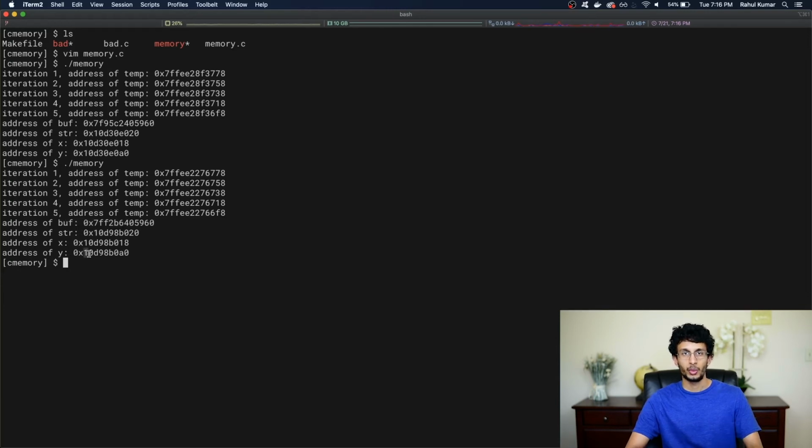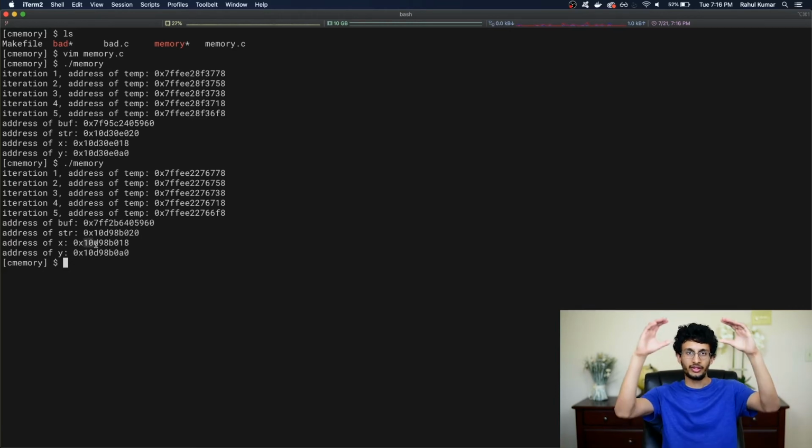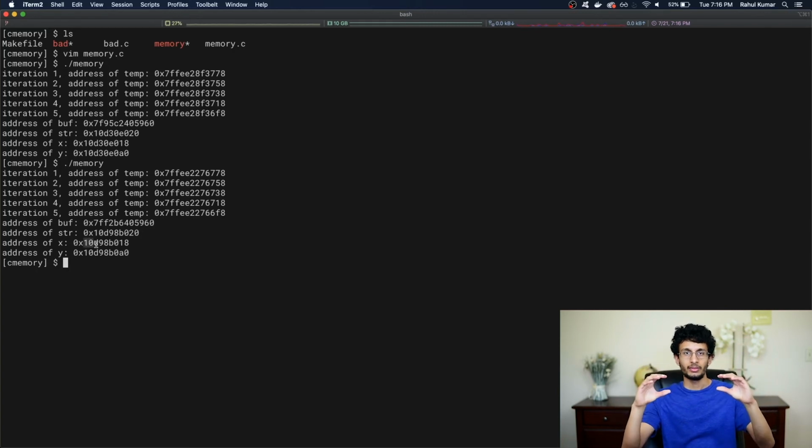Again, this should be consistent with what we expect, because the stack starts at high addresses and goes downward, which is what was happening with our temp variables. The heap starts at lower addresses, which makes sense because buff was at 7ff2b something, whereas the stack is up here at e something. And then the global variables are even lower. They're at hex 10d something, right? So we have the stack on top, the heap below that, and then far below that is the global variable